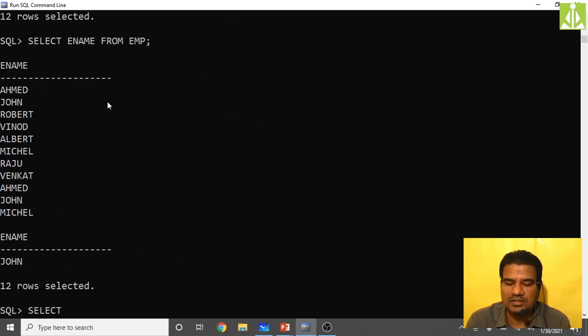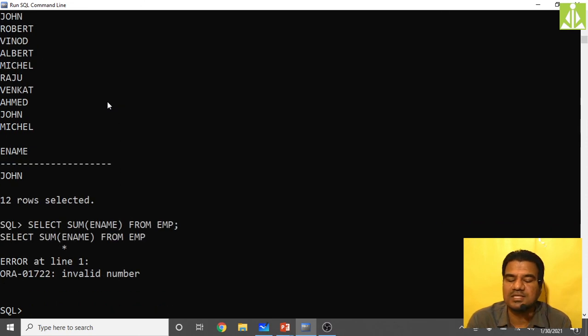Now select sum of ename from employee. So now what will happen? What will it give as the result? See, it is giving error. Invalid number, it is saying. So inside this sum function, average function, minimum function, maximum function, you can use only the numerical columns. You cannot use varchar.